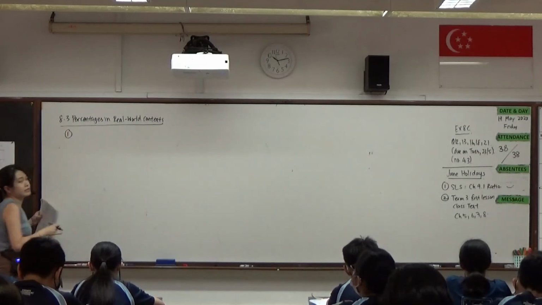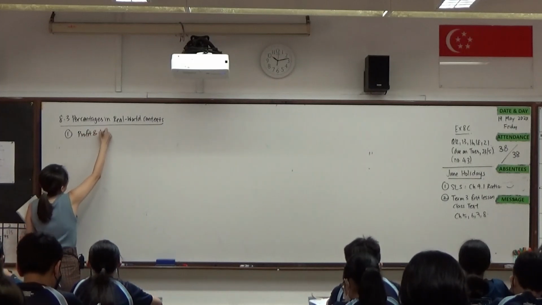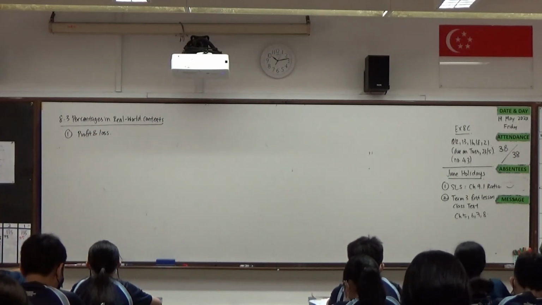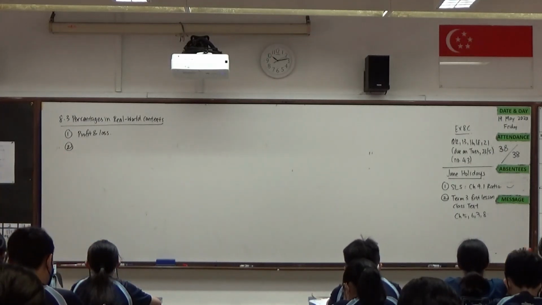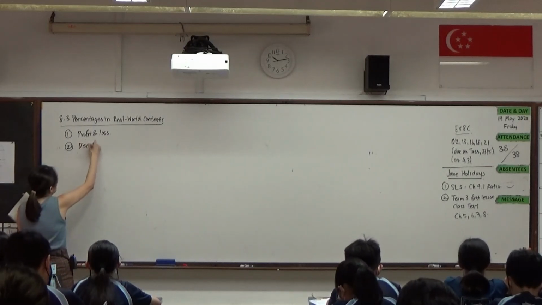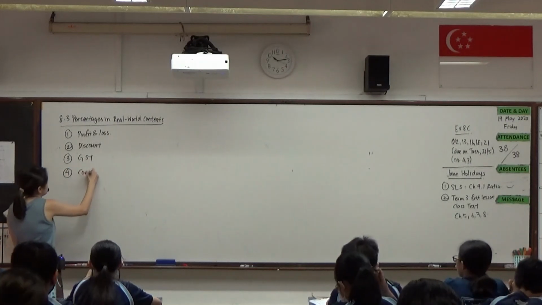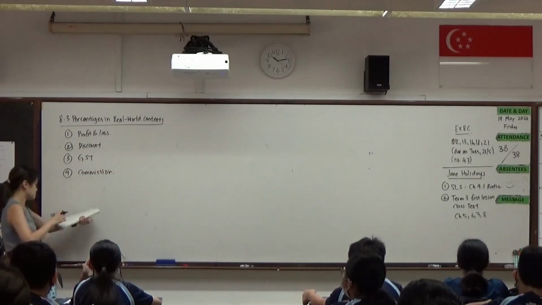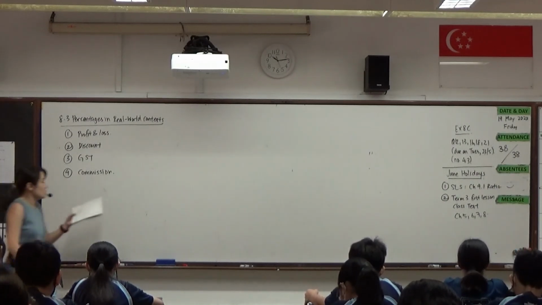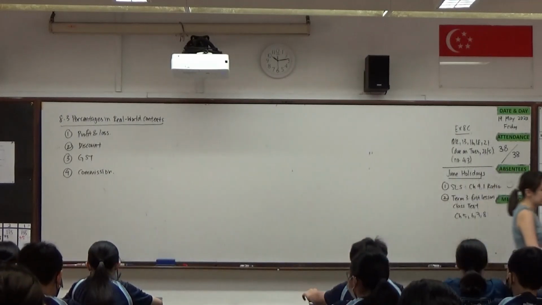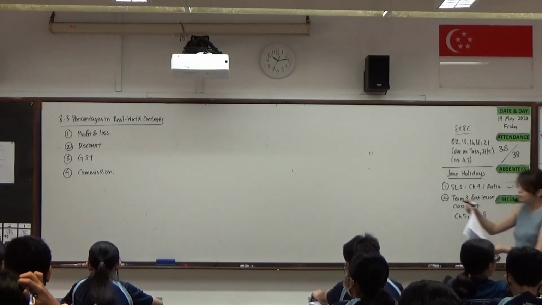Okay, we are looking at four different types of questions. First one is your profit and loss. Okay, which we have covered mainly during our lesson time previously. Okay, and then what I got you to do on SLS was your discount, GST, as well as commission. Okay, so these are the four different contexts. Alright, looking at your SLS responses, I want to cover and reiterate some questions. Okay, so the first one